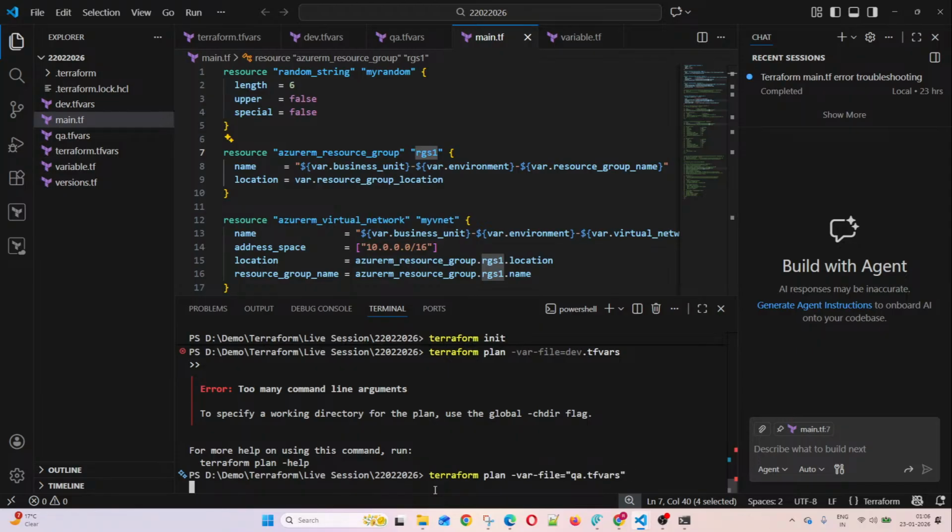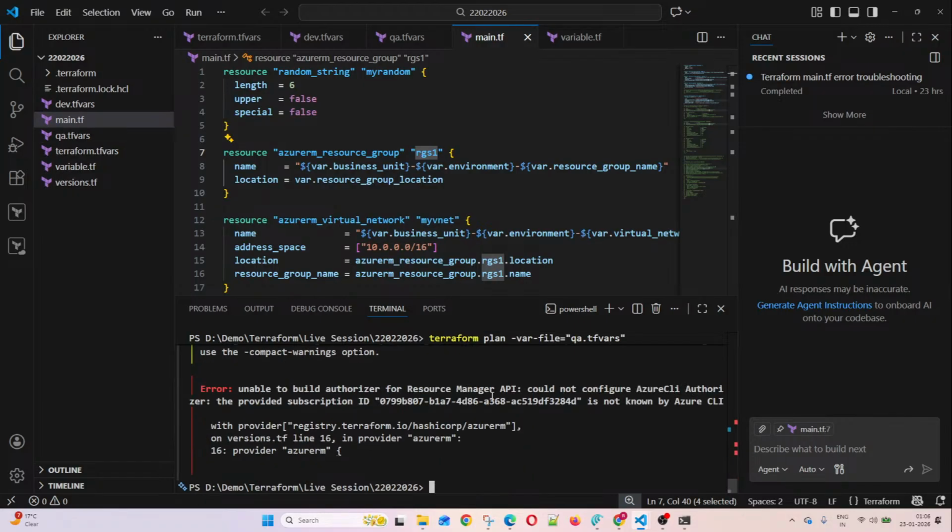Let me show you the QA one. Yeah, you can see. Okay, I have changed this subscription ID, so it is behaving like this. Okay, so like that I showed you yesterday. You can watch my previous day video so that you can understand what we ran without auto.tfvars. Okay, so with auto.tfvars, what we will do, we will simply